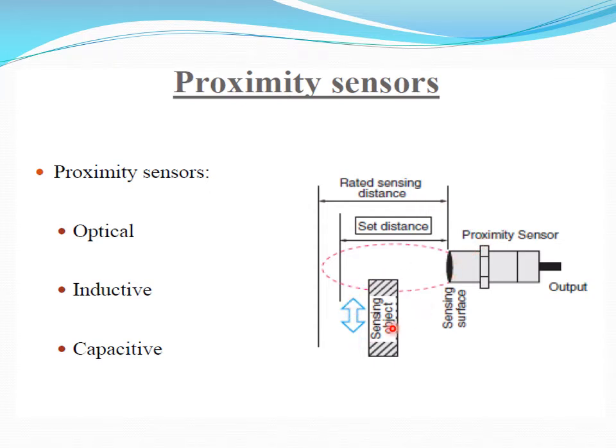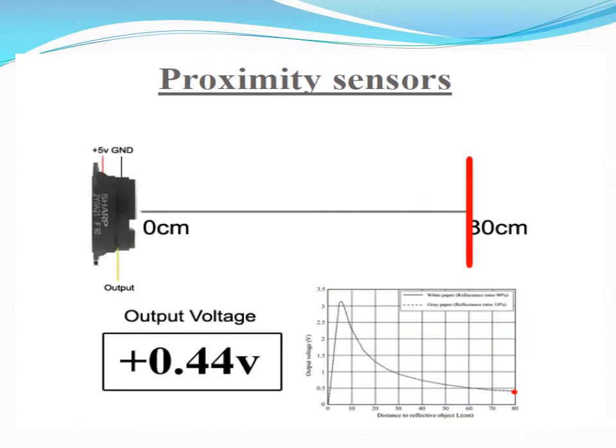An object you want to sense, if it is falling within the distance specified by the sensor, is getting monitored. If it goes beyond that rated sensing distance, you can't sense it. So, if the object is falling within the range of the proximity sensor, you will get the required output from it. More details we will cover in the next slide. So, this is the general arrangement.